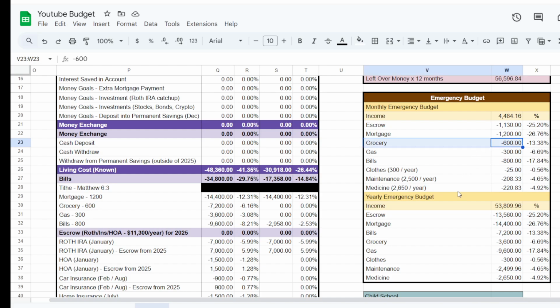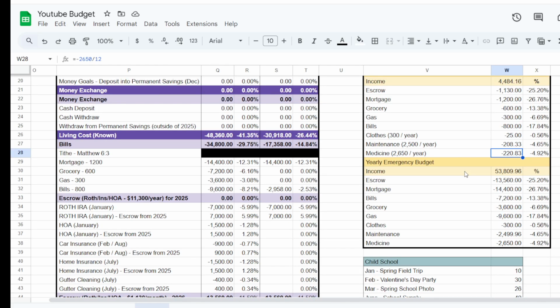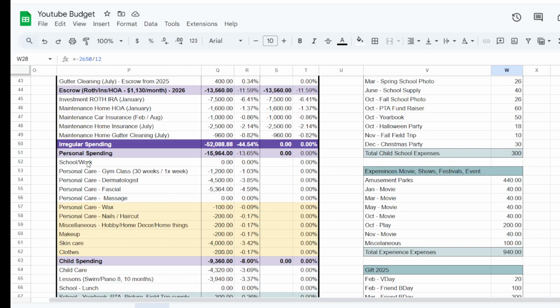Obviously, if I was in a true emergency, I would actually cut down my grocery bill and just eat whatever bare minimum I could. But since those are my everyday habits, those are actually harder to change. And so I don't anticipate being able to change within the month. Of course, if I had to, I'll be forced to do it. But I just wanted to create my emergency budget, just cutting out my extra expenses,